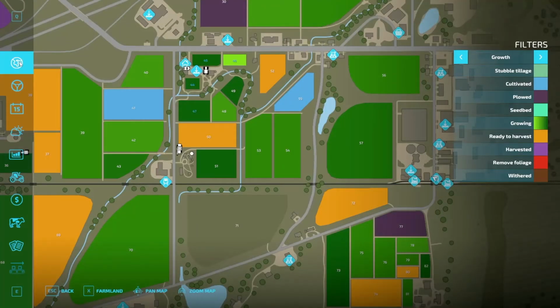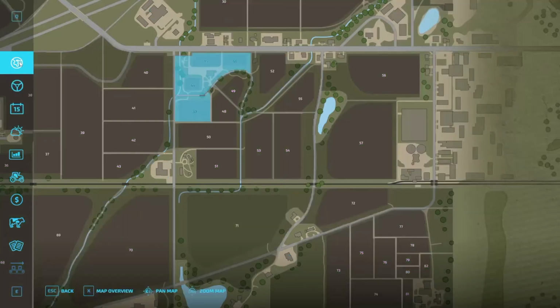All right. As I said, we have a decent amount of money, and I found a field that's a pretty good price based on the money we have, and it's a good size. It's bigger than all our other fields. It's field 50. It's full of oats. And it's only